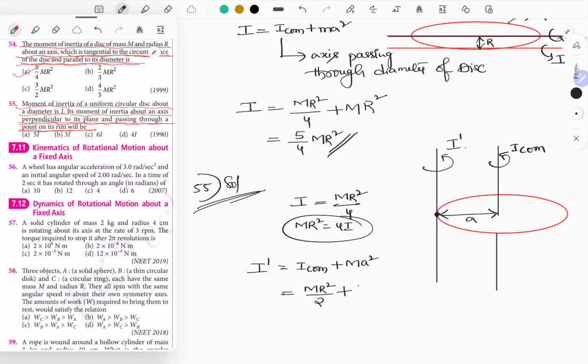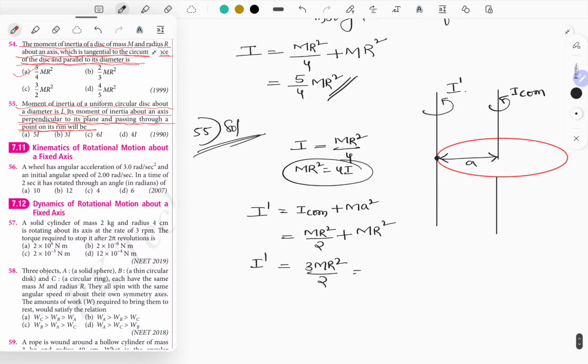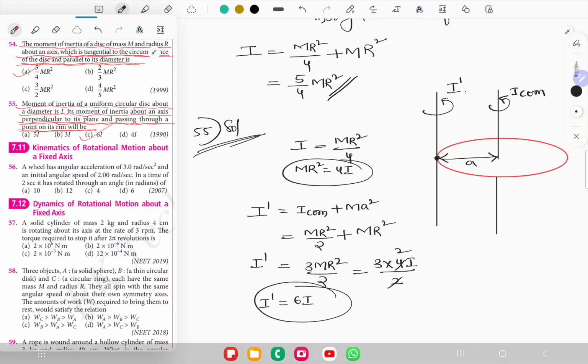Plus M r square, so I dash is 3 times M r square by 2. What is M r square? M r square is 4I. So let me substitute that: 4I divided by 2, and then I dash is equal to 6 times I. This is the answer. Which option matches? Option C is the correct answer. Next